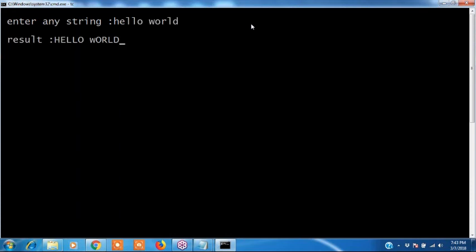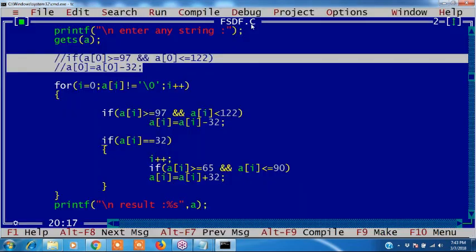Hello space world, only W is converted and everything else is converted to uppercase.